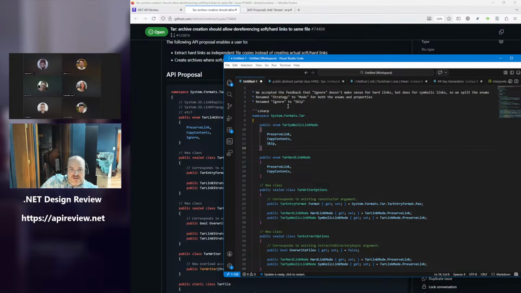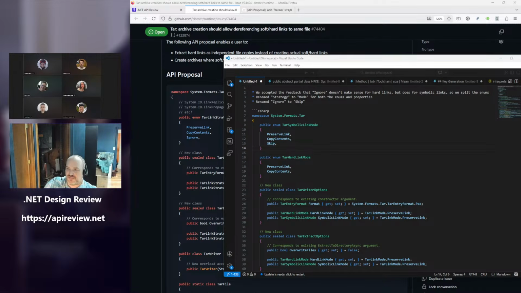All right, and do we like skip or omit? I like skip. It's more common than omit. But yeah, I agree. Both are better than ignore. I'm not seeing very many omits. There are a few, but